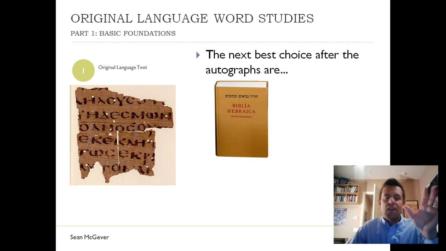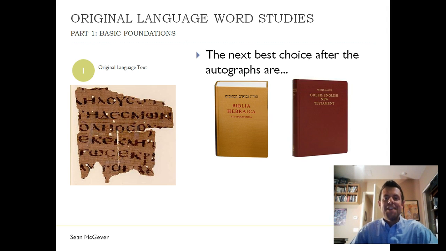Now, scholars have worked together to put together the best resource of the collection of copies. And they keep updating it as they find new copies, but it's really solidified. There's one for the Old Testament, the Biblia Hebraica Stuttgartensia. Then there is one for the New Testament in Greek, with the Nestle-Aland, the current version, or the United